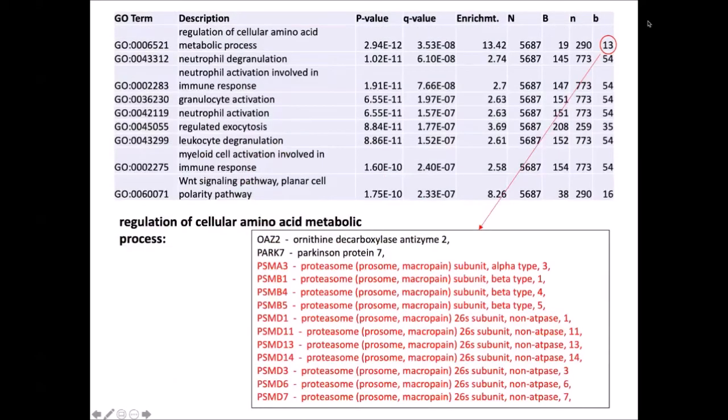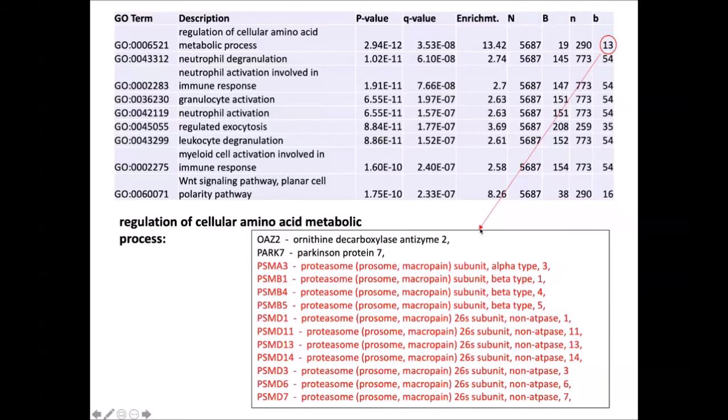window away, but can you see this up there in the right upper corner? Anyway, this is a list of these GO categories, and the highest enriched category is the regulation of amino acid metabolic processes with very low P and false discovery rates, and there are 13 genes. And then if you look into this